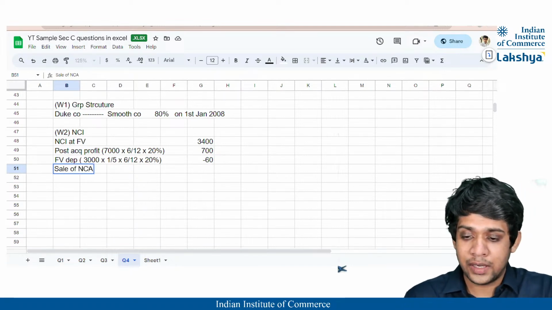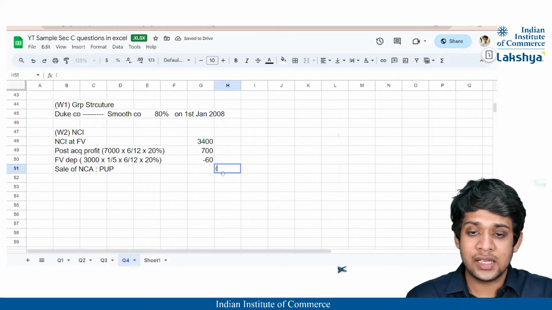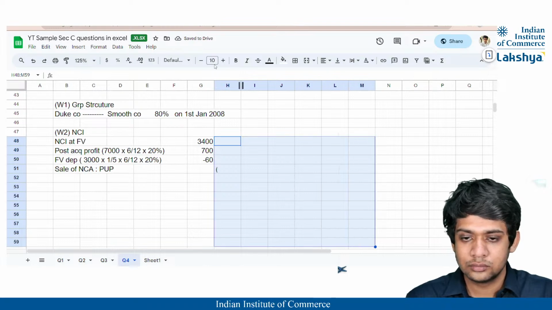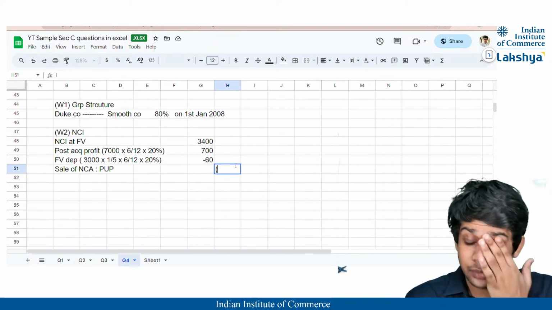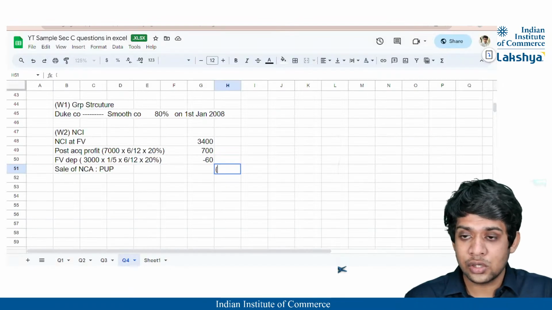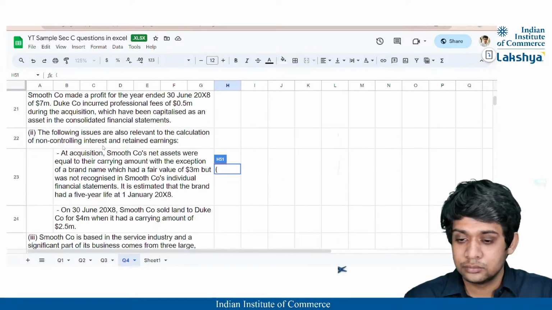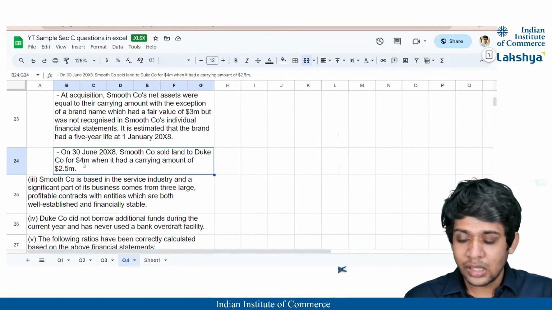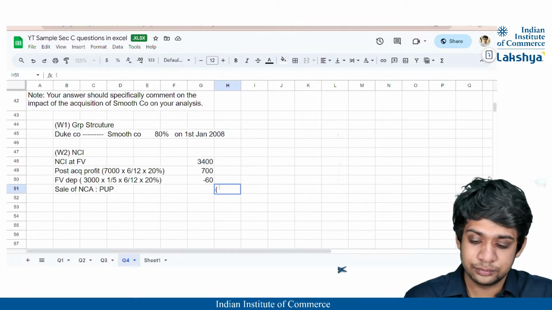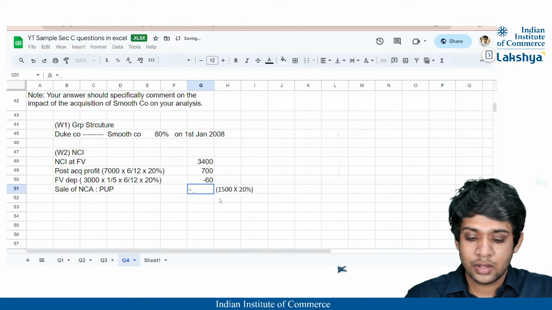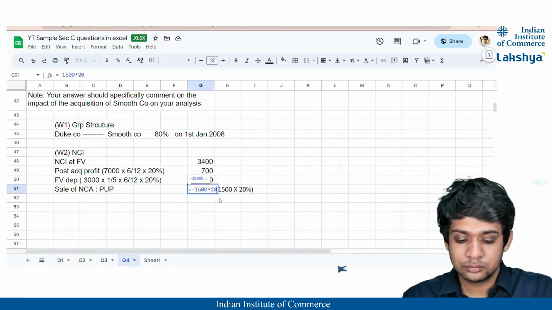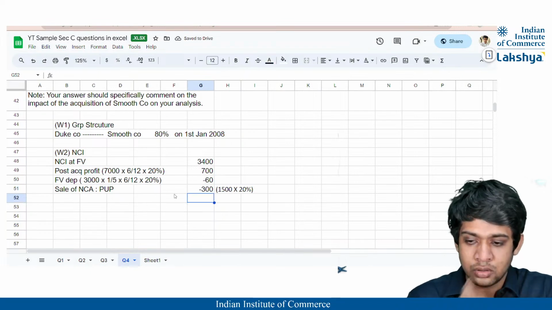सेल ऑफ नॉन करंट असेट का जो भी प्रॉफिट है वो यहाँ पे माइनस होगा। उसका वैल्यू कितना आएगा गाइस, यस, 2,500 का उसका कैरिंग वैल्यू था, करेक्ट। लेकिन उसको बेचा 4 मिलियन में, मतलब प्रॉफिट कितना आया 1500। कोई डेप्रिसिएशन तो चार्ज नहीं हुआ, तो डायरेक्टली इसका 20% जो है एनसीआई को जाएगा। राइट, ये हो गया 300 रिड्यूस।